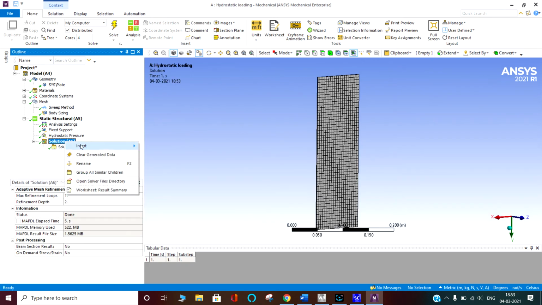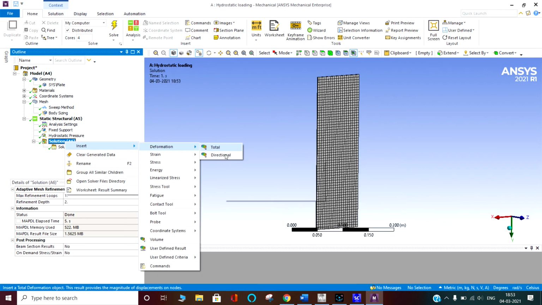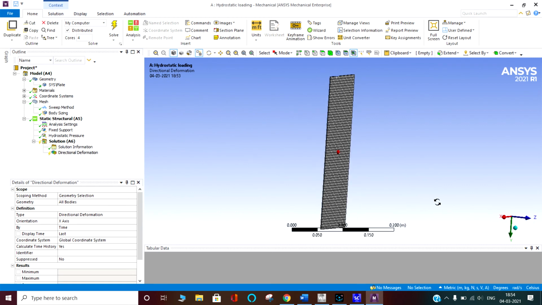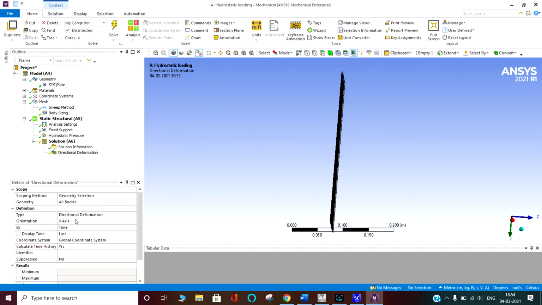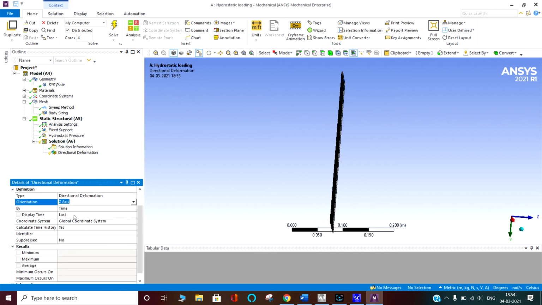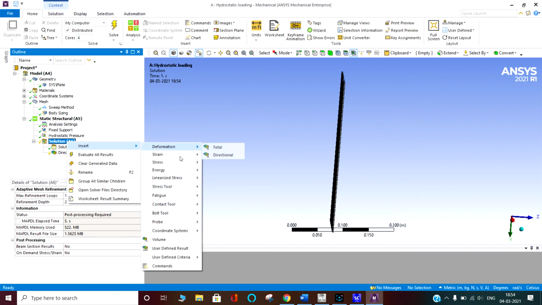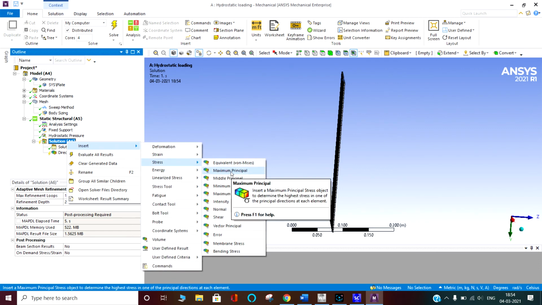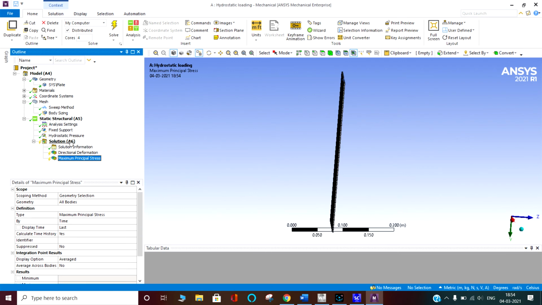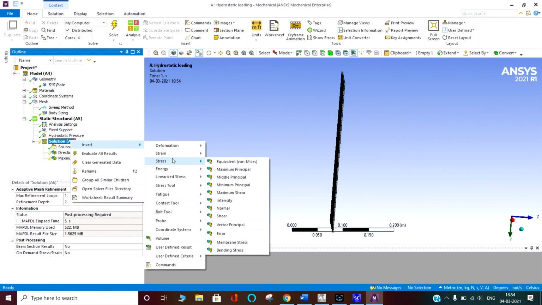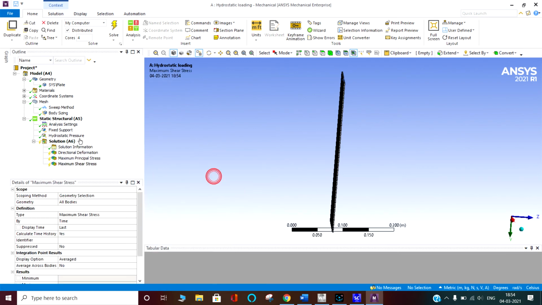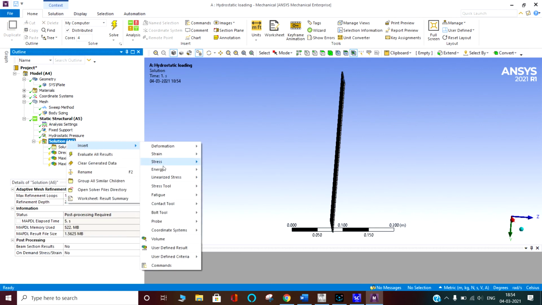So let's go and see the deformations and everything. Directional deformation: we know the plate is like that, and we want to see the deformation in the z direction. So here you can see we have x, y, z, but we are interested in the z direction. After that we want to see the stresses, the maximum principal stresses, the maximum shear stresses, and we want to use the probe.